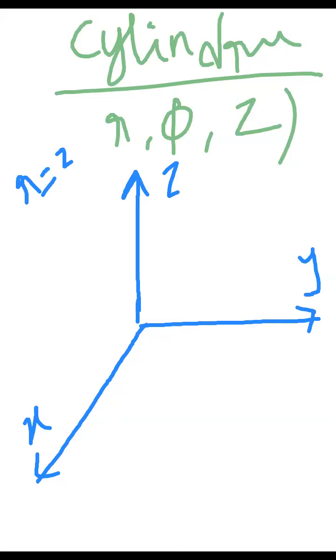R is always related with which plane? XY plane. So this is the center point, and you imagine there is a circle, but please remember that the circle is in the XY plane. This is a 2D paper, so you have to imagine it yourself. The circle of unit 2 is in the XY plane.